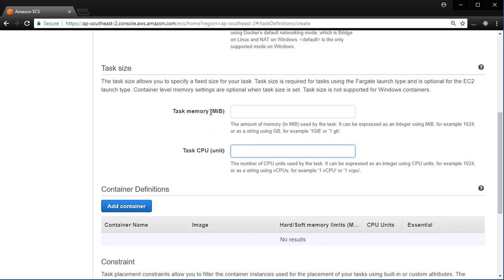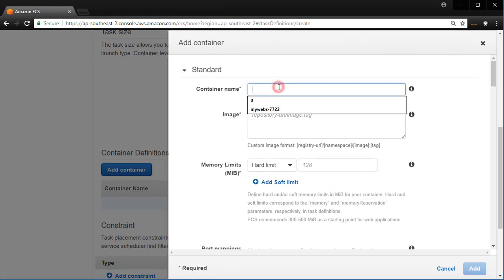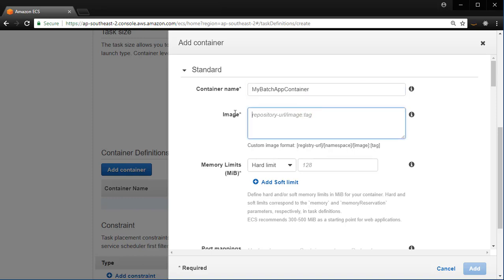To create a container, what you need to do is go to container definitions and then add containers. You can, of course, add multiple containers. So I want to run one container called my batch app container. So let's give it a name. It can be any name that you like. And then I need to give the image location. So this can be a Docker Hub repository location, or maybe your private repository. But of course, in this case, we are going to point this to the Amazon ECR repository that we just